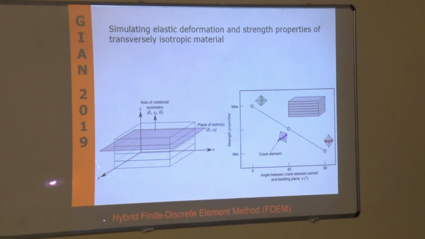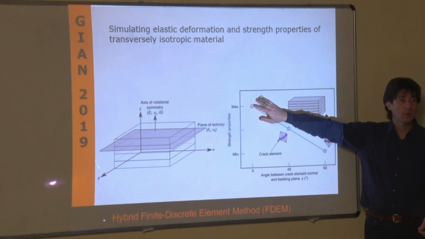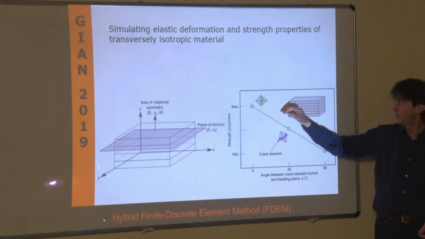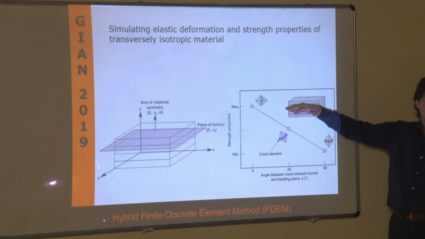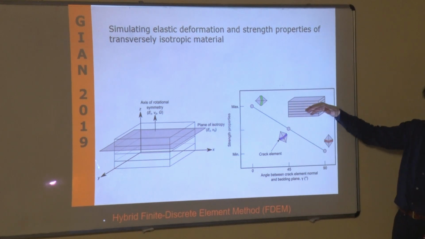So how do you do that? Well, mathematically, we saw that you can define your transversely isotropic material by changing the elastic properties: you have elastic properties along the plane, different perpendicular to the planes. But what we have been doing is the same approach for the cohesive elements. So there will be elements that will be stronger if they need to cross the bedding planes in this case, and definitely the cohesive elements will be weaker when they align with the